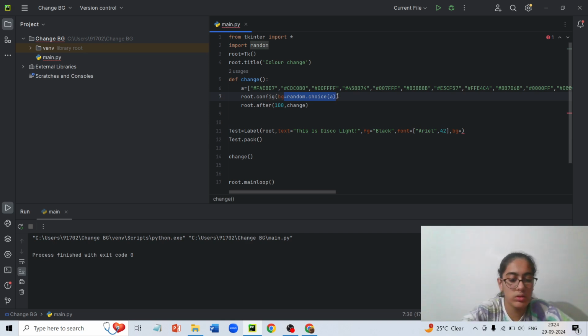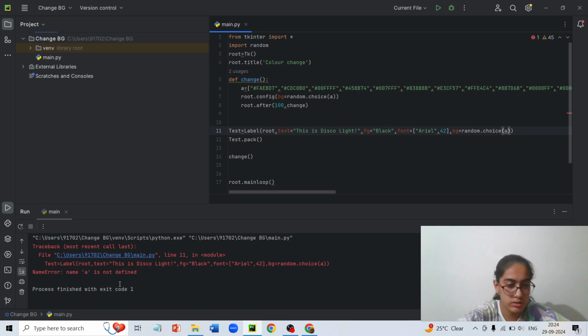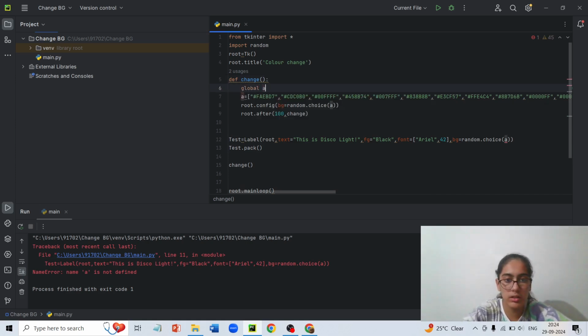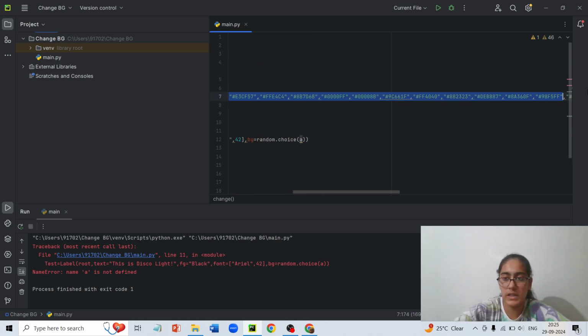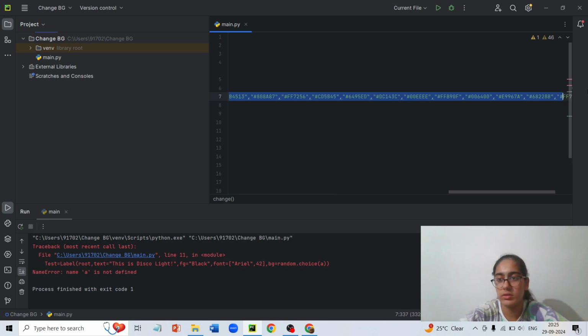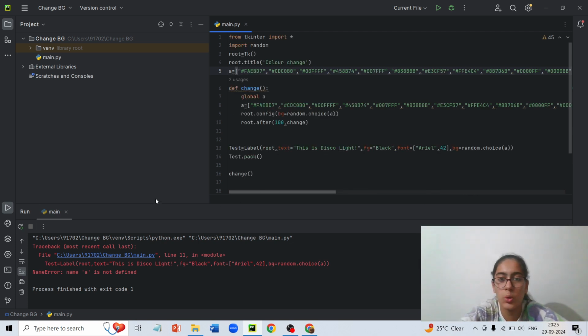This should do. This will also keep changing, but as our a is not defined, we need to do a global a here. And we will also copy this whole list of mine, I don't want to write it again, and I will paste it over here also, so that it knows that it's the same list.